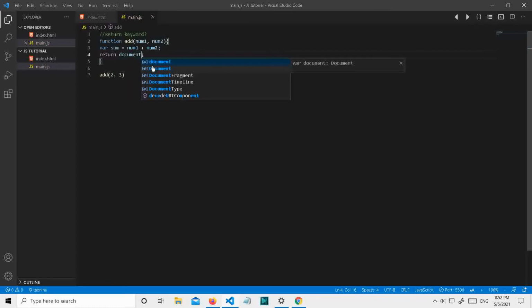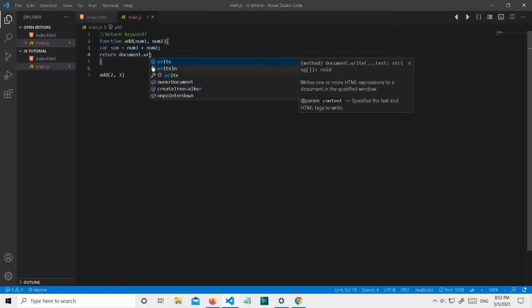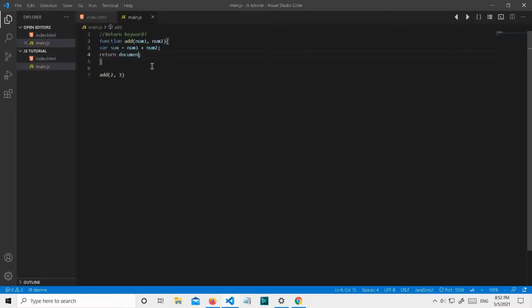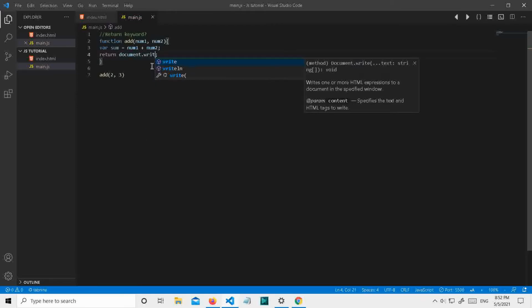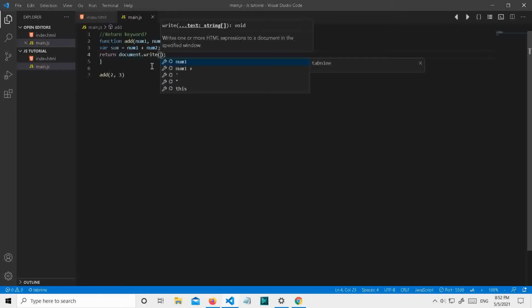So I will write document.write, and then give the variable's value. Here you can see the value. It's a little small, so I will increase the size.